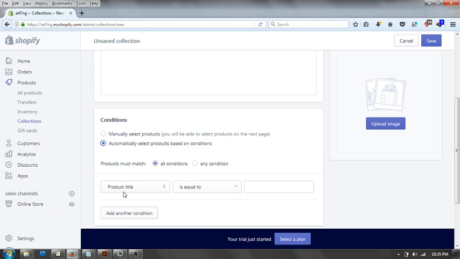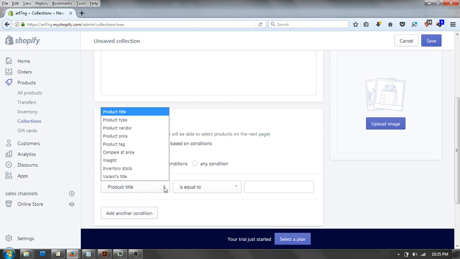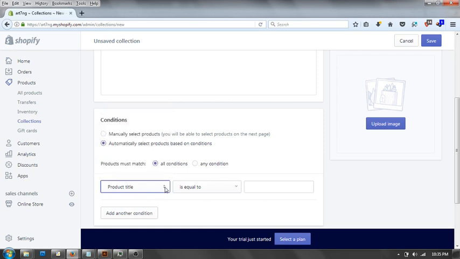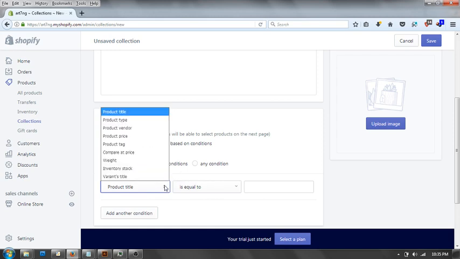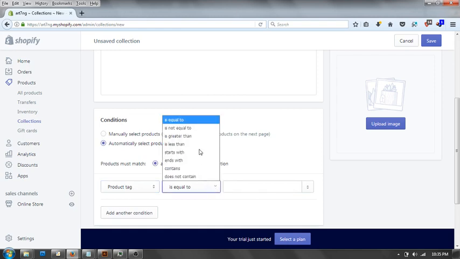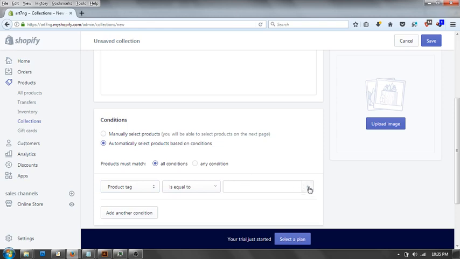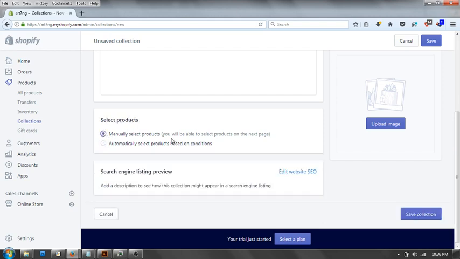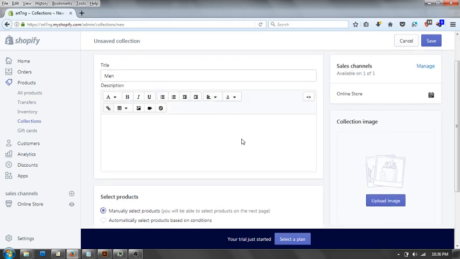If I wanted to, I would say, okay, according to product title, or if you click on this arrow, according to price, or product tag. Okay. So if you want every product that maybe has a particular tag on them to be in this collection, then you would choose according to tags. So equals to, and then you put your value here. Okay, but other than that, like we're just starting, you could just leave it as manual, so you can do this manually. Okay, and then once you're done,